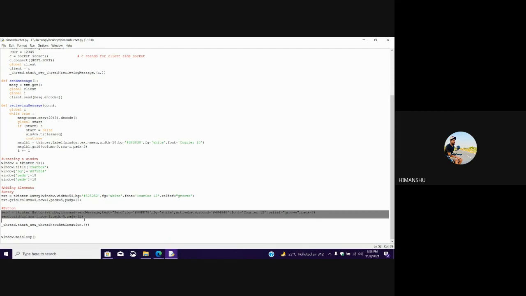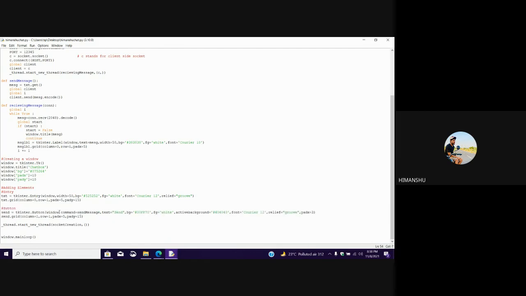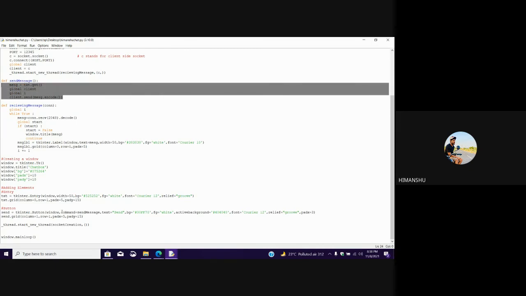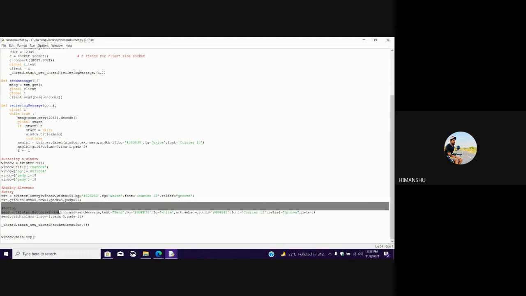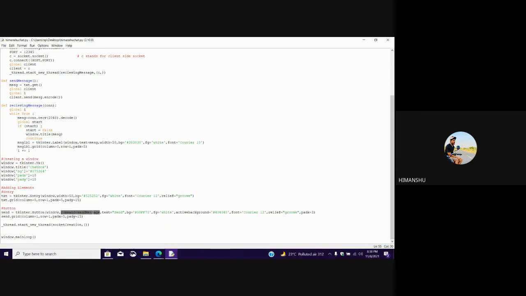Button, this code is for creating buttons, and gives some attributes to the button. Command, passing the function send message. So if we press the button, then this function runs, and the other side user receives the message.